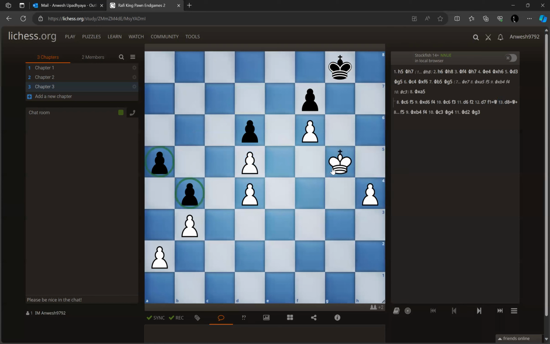So the other solution that they are recommending is also very interesting. By the way, this is one of the solutions. Like if he goes king to f6, we just go king b5. I mean king b5, king c6, and I think that's winning as well. But